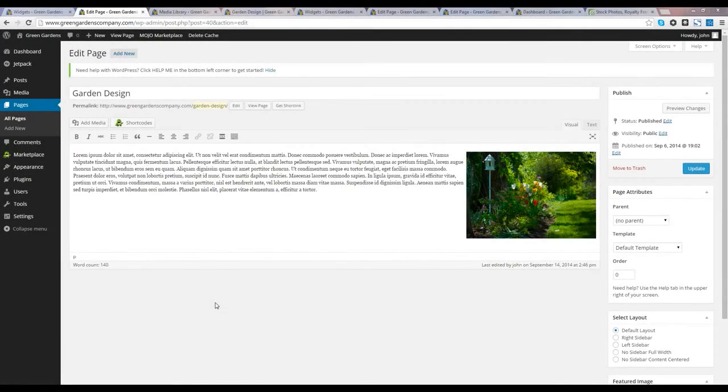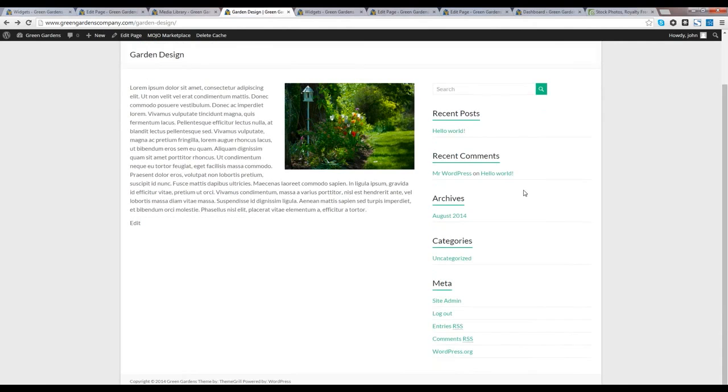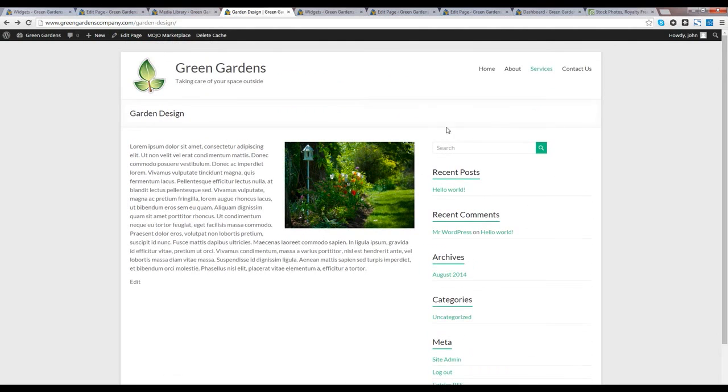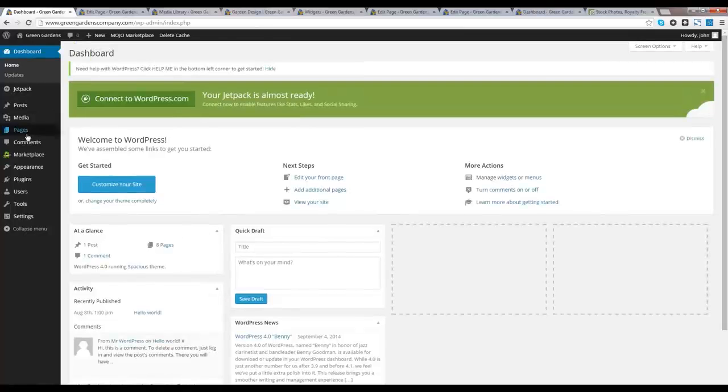So the next thing that we're going to look at is the sidebar and actually setting a testimonial and a call to action. Now, if we actually go and have a look at one of our pages, you can see we've got the sidebar here, and it's just got your general default settings of posts, comments, archives. WordPress generally puts that in there as the default layout, but we can change all of that. So the way we do that is if we go back to dashboard and then go to appearance and then widgets,